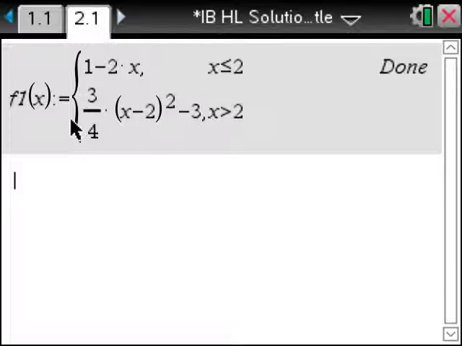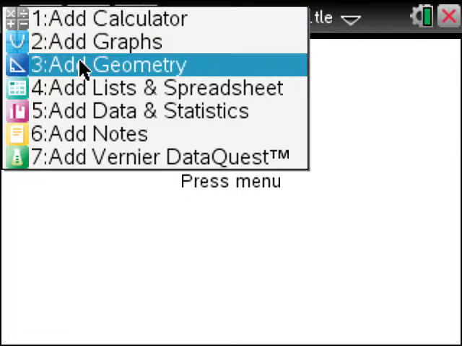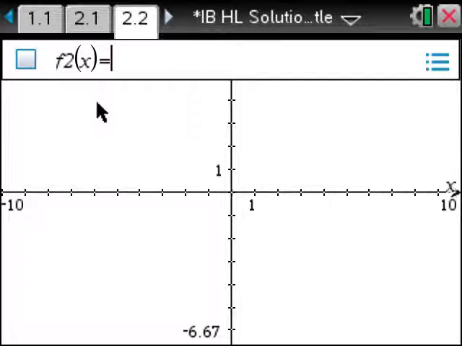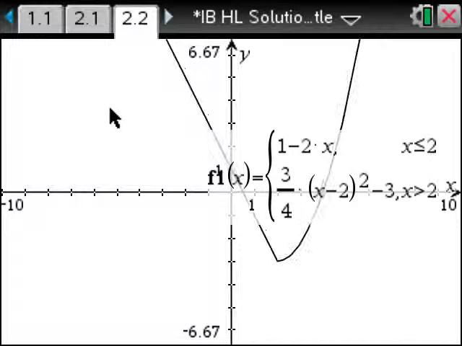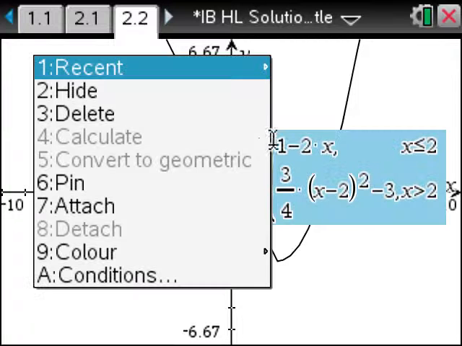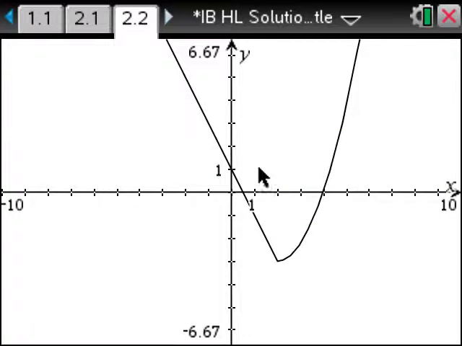Now if we want to have a quick look at the graph of this, control doc, we'll go to a graphs page, and if we press up, we can see everything we typed in a moment ago. That was the advantage of calling it f1 in the first place, and when I press enter you can see the function turns up. I'm just going to hide that label. It's not easy for us to see what's going on with it in the way. So this should check out any suspicions you have about the